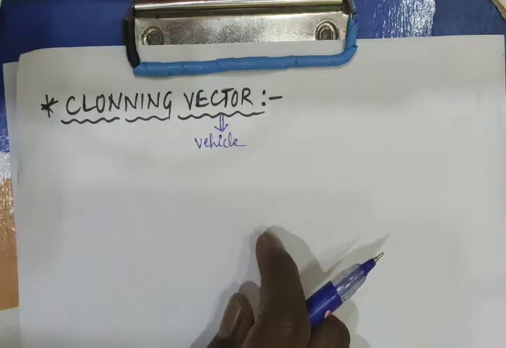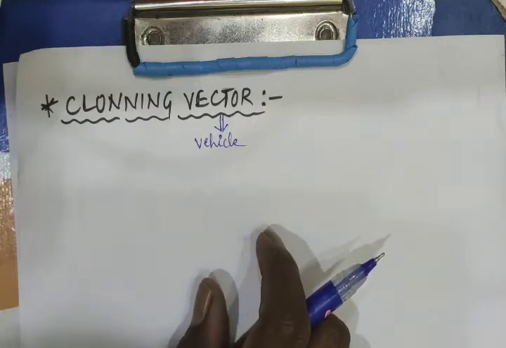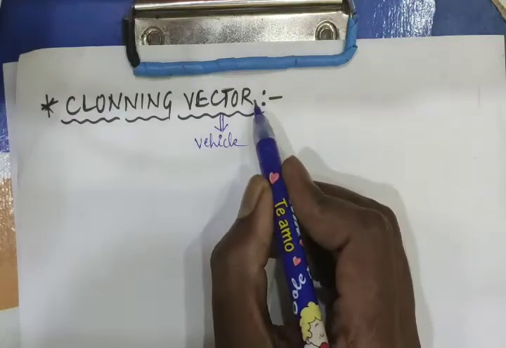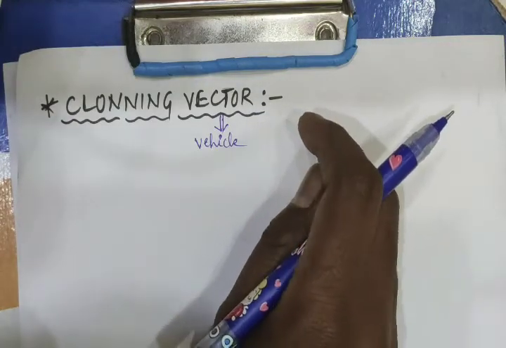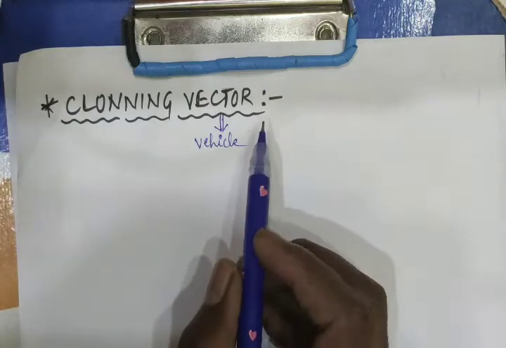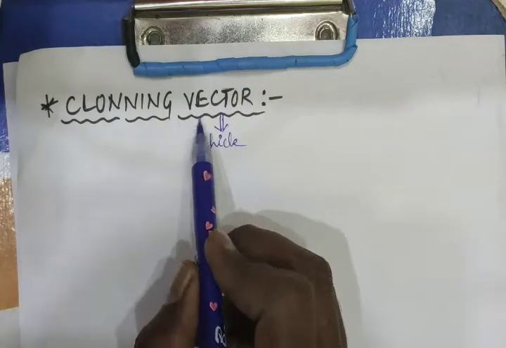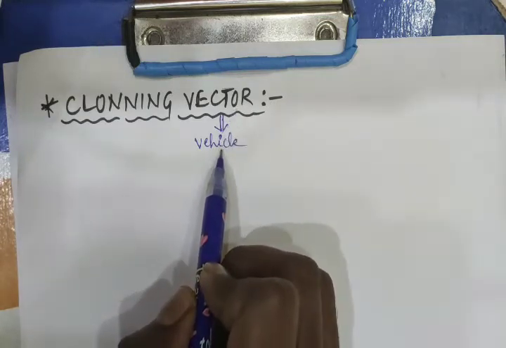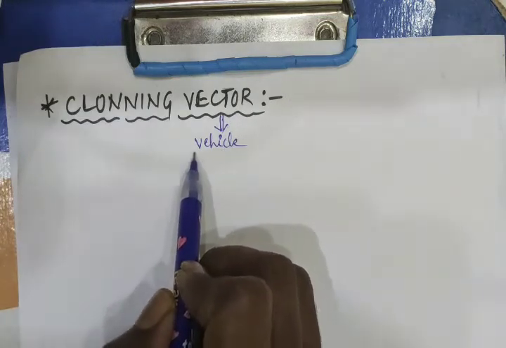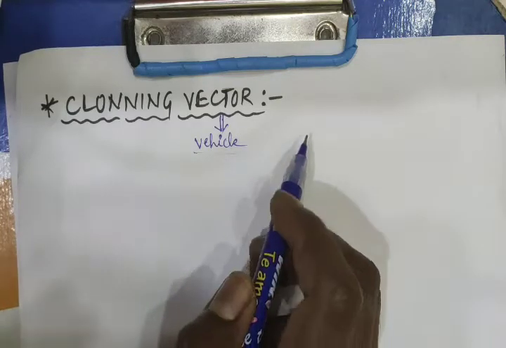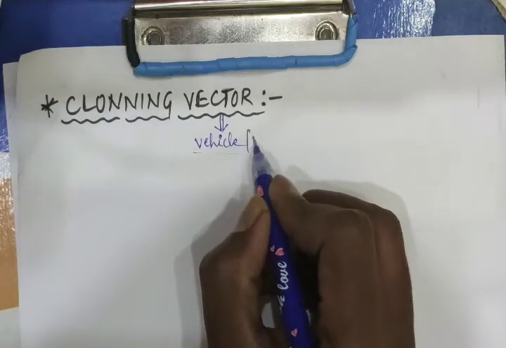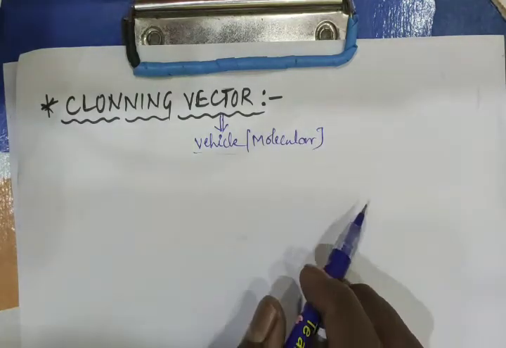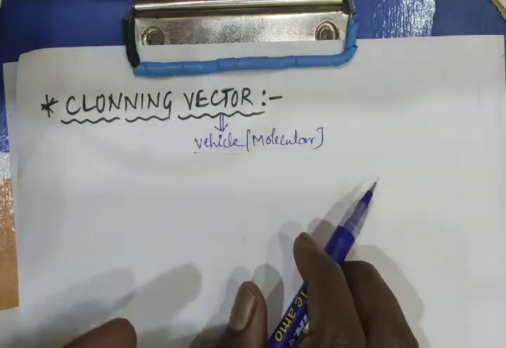In the malaria life cycle, that is the Plasmodium life cycle, we observed that the female Anopheles mosquito is a vector for transferring Plasmodium vivax from one body to another body. So vector means vehicle, transmitting material. Here I will refer to the vector in general terms as a vehicle, and this vehicle is present in the form of a molecule. That means a molecular vehicle. So here the vector is a molecular vehicle.